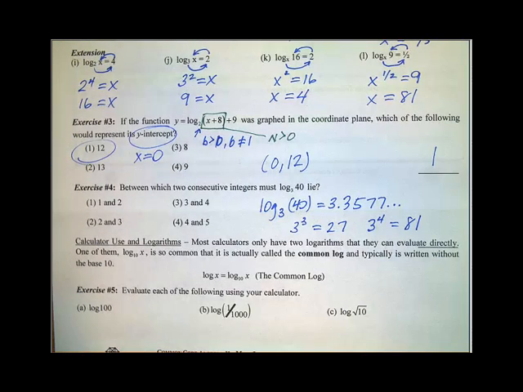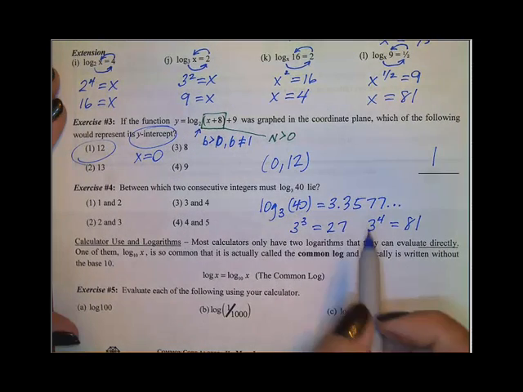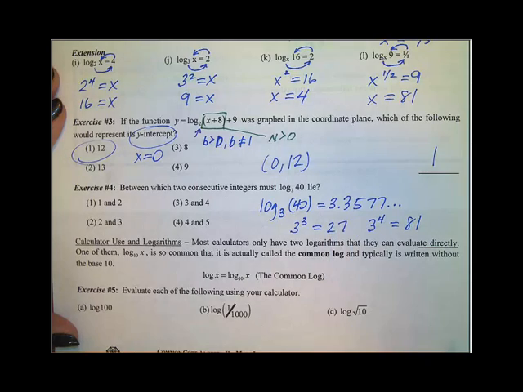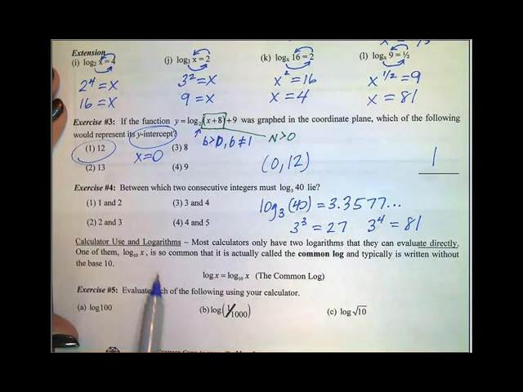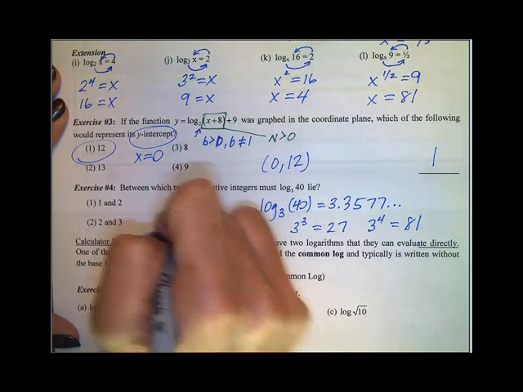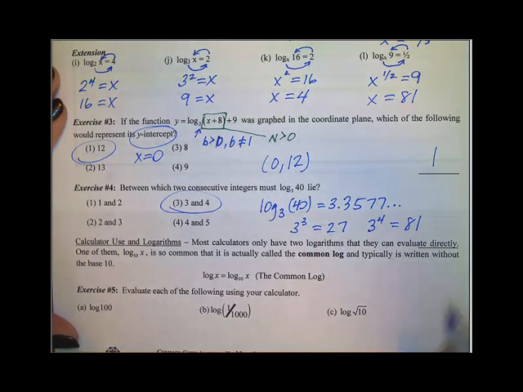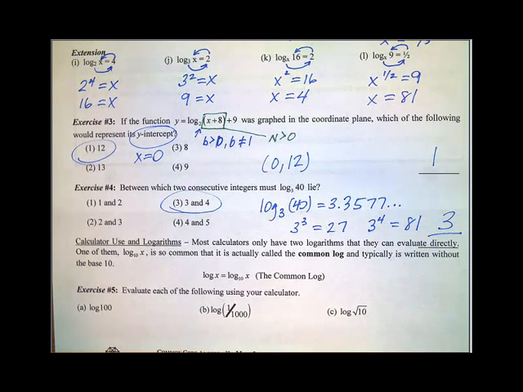So that's why 40 is between 27 and 81, so that's why the log of it is 3.3577, blah, blah, blah. So it is between which two consecutive integers? Choice 3, numbers 3 and 4. All right, again, pause the video, quickly read about calculator use and logarithms, and then let's do